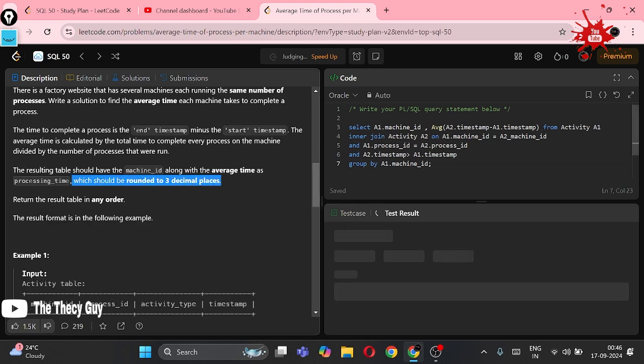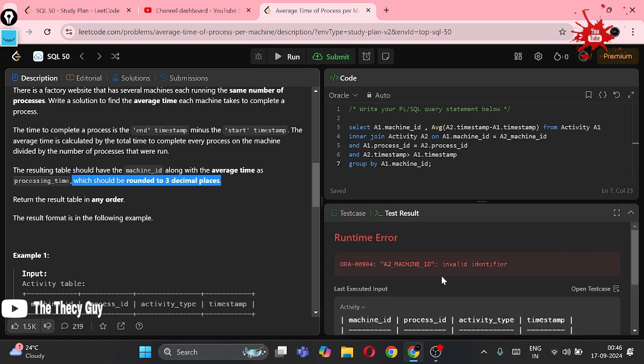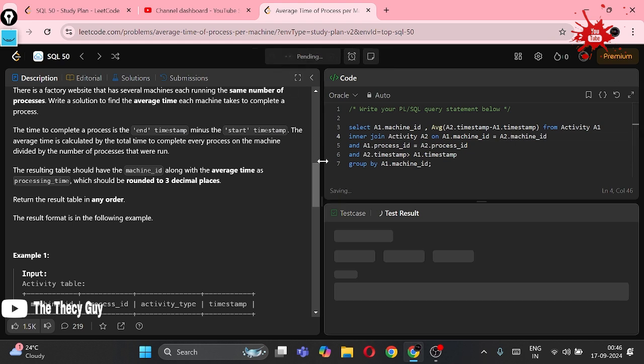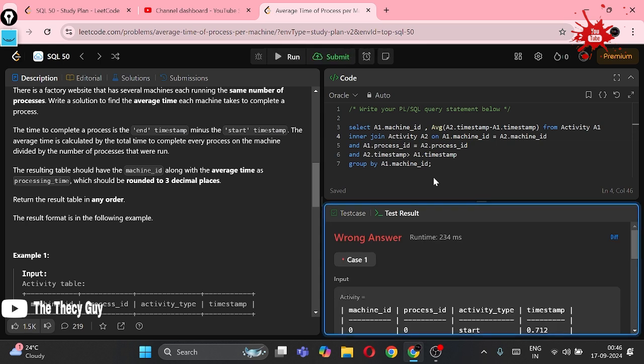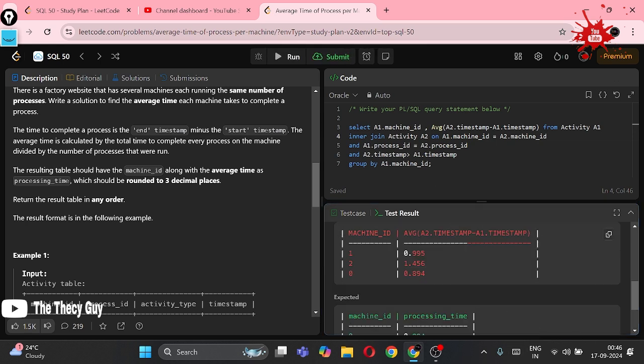So right now we didn't add anything. I'm just running. Look, A2 dot machine ID is invalid. Okay, invalid, that means I should do this. Sorry, these typo errors happen. Okay, I'm getting a wrong answer. What am I getting? Look,